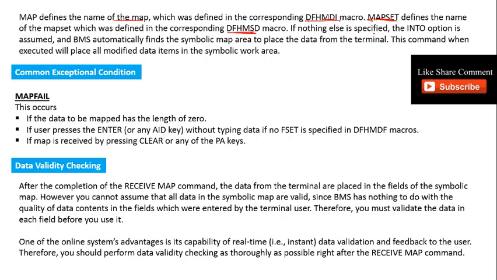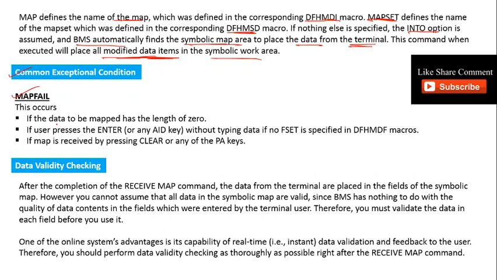If nothing else is specified, the INTO option is assumed and BMS automatically finds the symbolic map area to place the data from the terminal. This command, when executed, will place all the modified data items in the symbolic work area. There are common exceptional conditions also, like MAPFAIL.